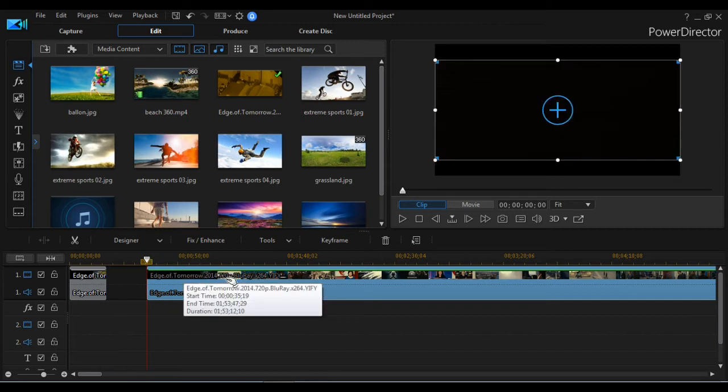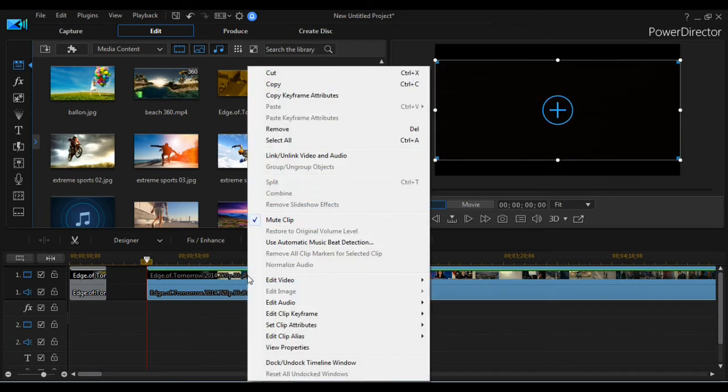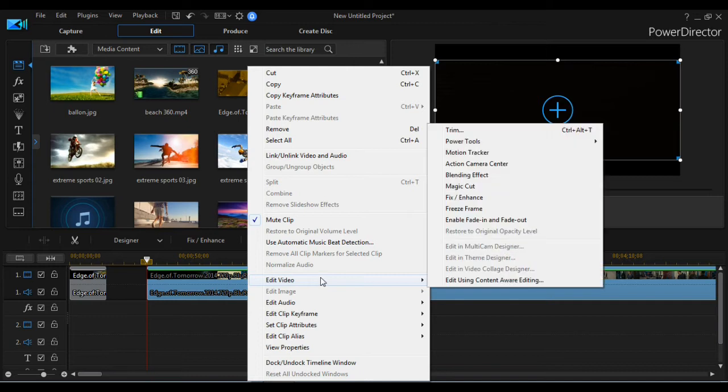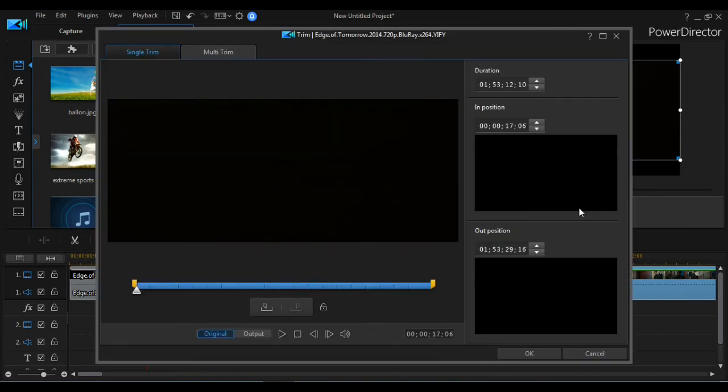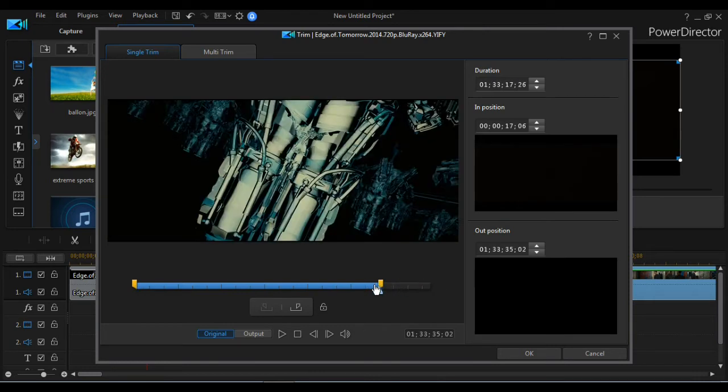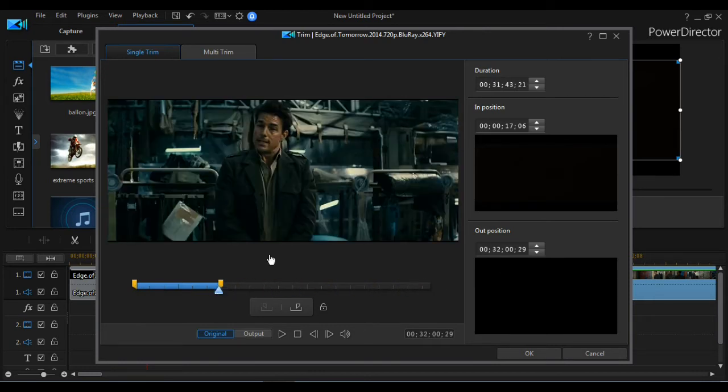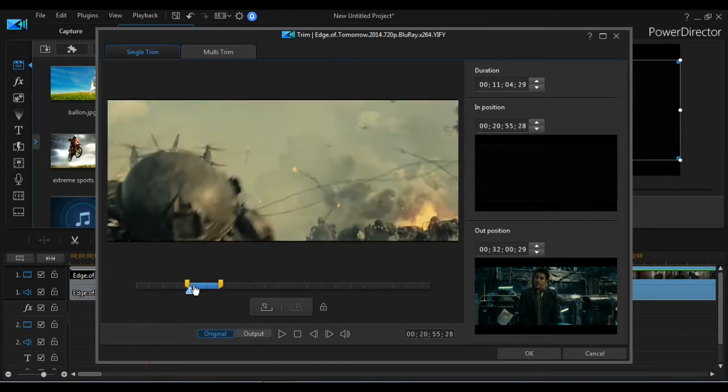If you want to crop it, you can right click and give edit video, and you can go over here and see trim. If you give trim, an interface will appear and you can trim easily without any problem. You just need to pull this like this and take this.